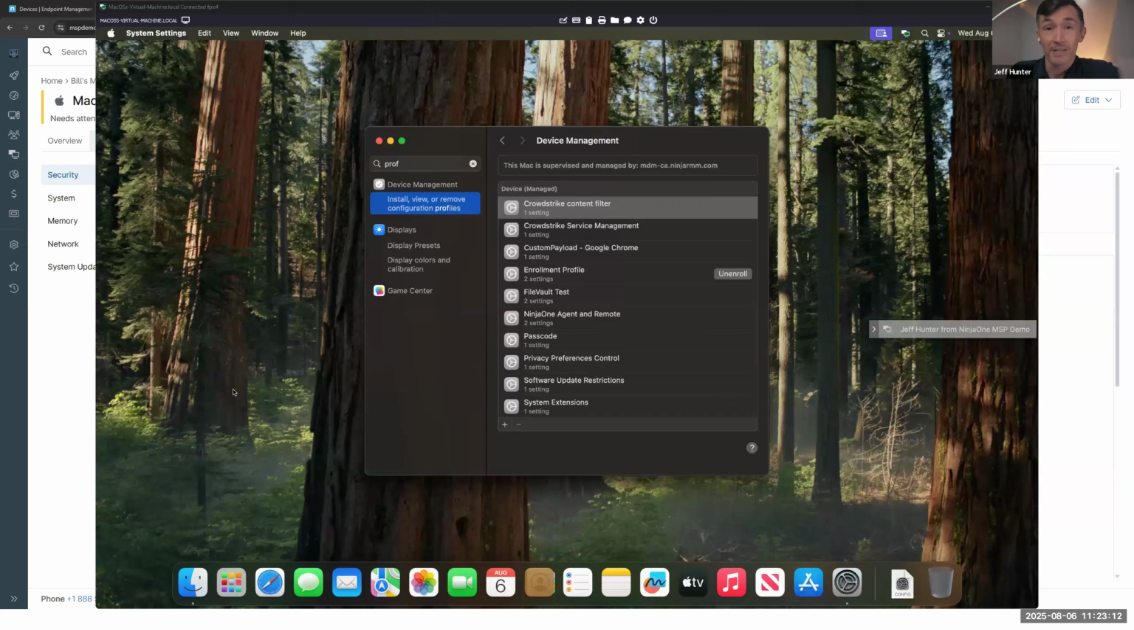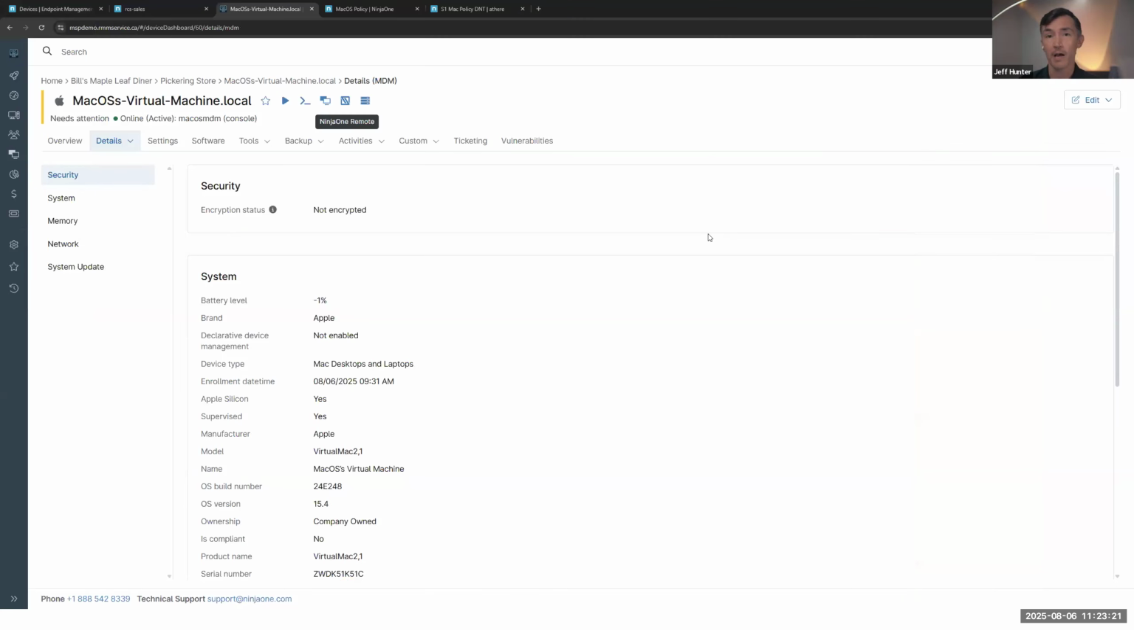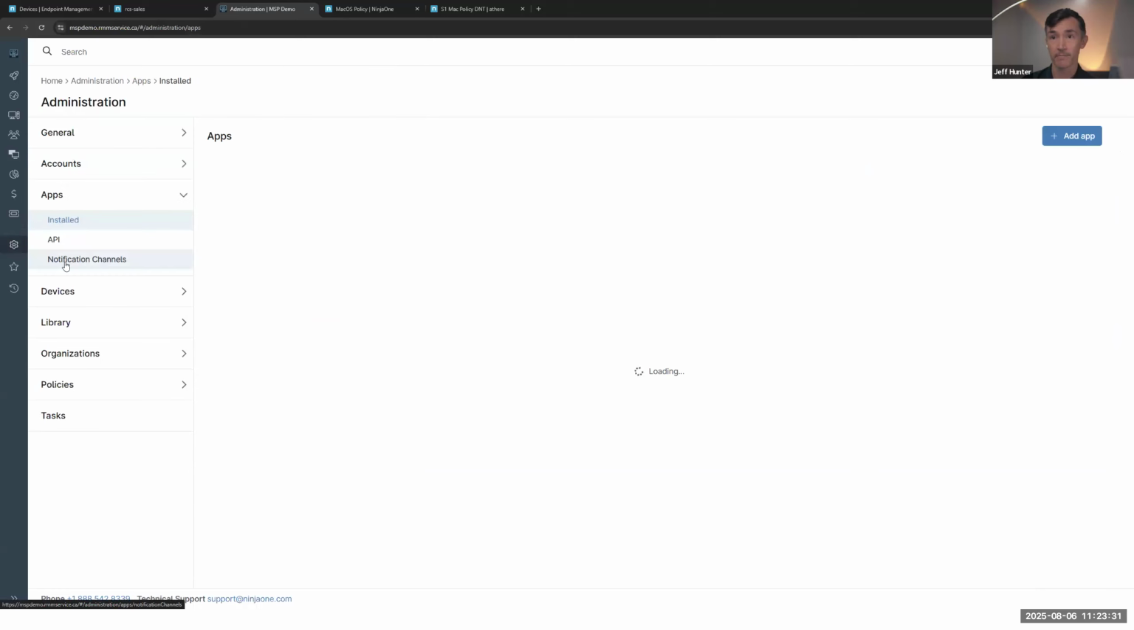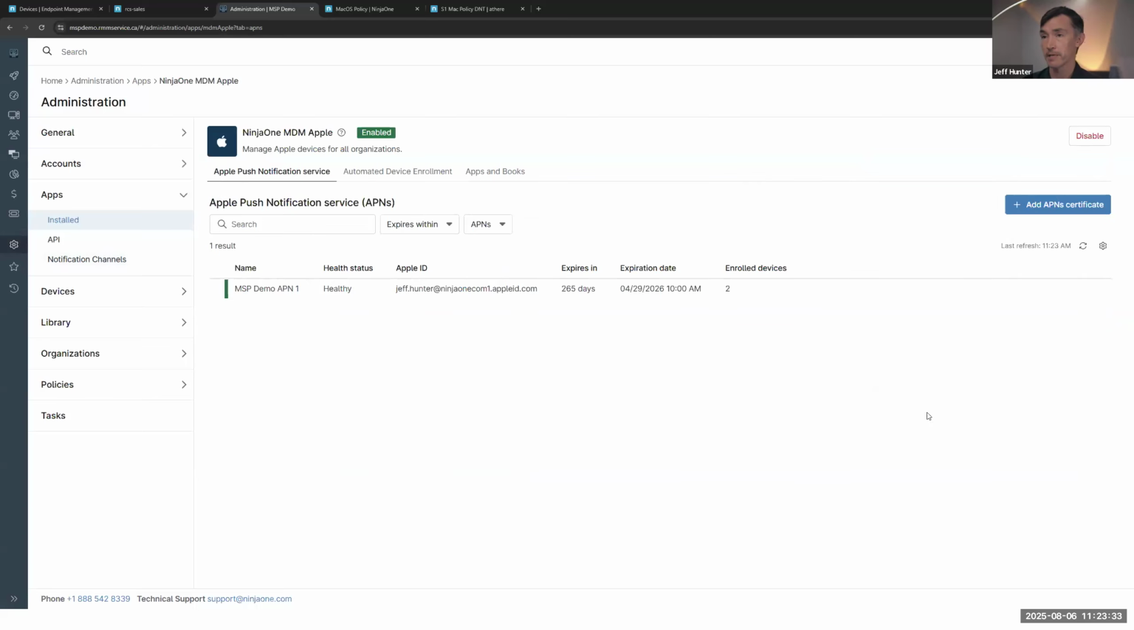So I want to answer a question here about the installation. What does the installation process actually look like? And the answer is that you have two options. So the first one is, let's say you're not using Apple Business Manager. You just want to go ahead and get the device enrolled in MDM as quickly as possible. First and foremost, you need to go into settings, you need to go into apps and into Apple here. And so here you'll see the